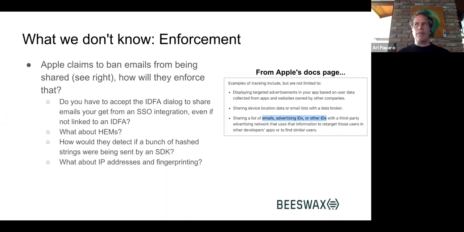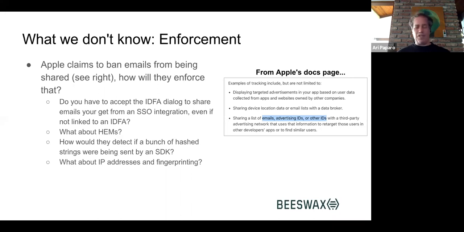Also, when we think about identity solutions like LiveRamp, where you get a hashed email, how are you allowed to pass that to third parties? It doesn't appear that you are, according to the policy. But once again, this isn't a policy, it's a marketing page. This isn't in the APIs, and it's very unclear how Apple would try to enforce this, or what would happen if you started passing strings of letters and numbers on the RTB request. Would they know? I don't know.